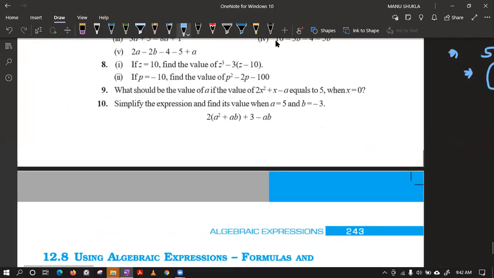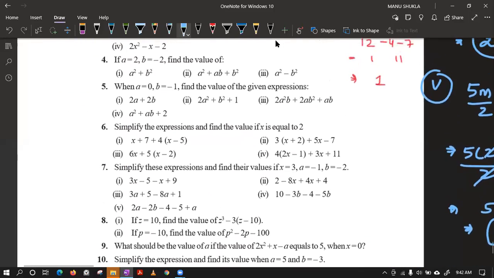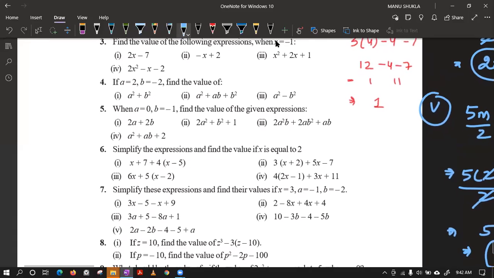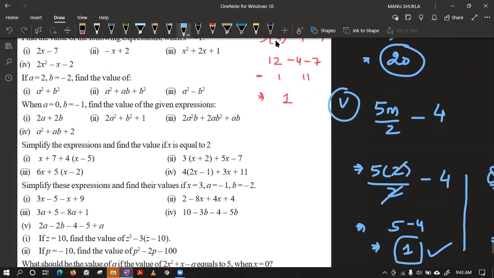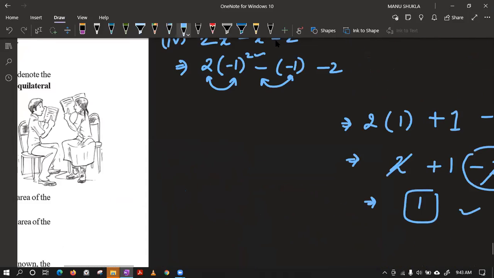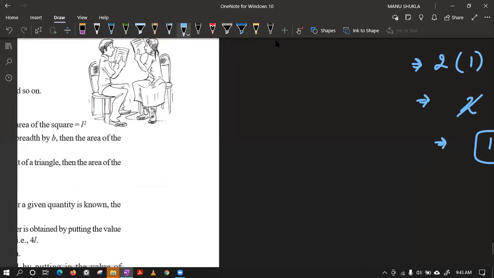Now let's take the next question. Question number 3 is done. Question number 4. Now we have two variables a and b. You can see if a is equal to 2 and b is equal to minus 2, find the value of expression. Again, same question. You just need to put the correct values. Suppose I take third part, or we can take the second part also. Let's go for second part. If a equal to 2, so question number 4,